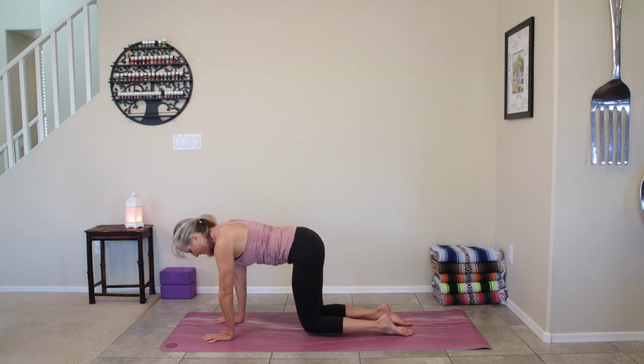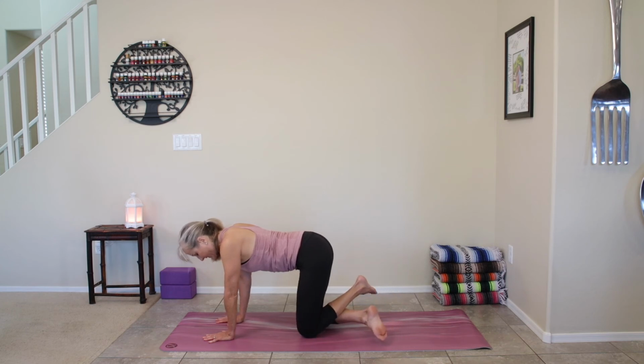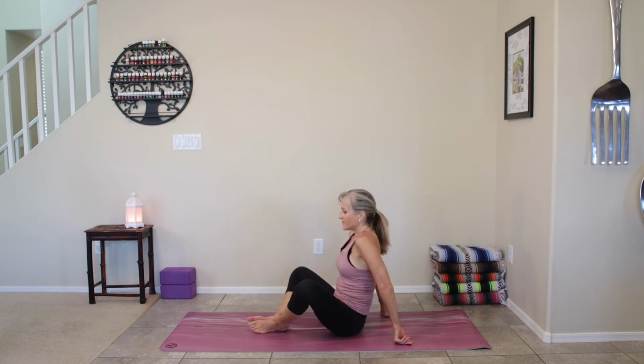Push into the tops of the feet. Option to lift the knees off the floor. Embracing that core. Find your breath. Inhale. Exhale the knees to the floor. Nice work. Go ahead and cross the feet or bring them to the side as we shift back onto our bottom. And then bring the feet out in front of us and drop the knees open